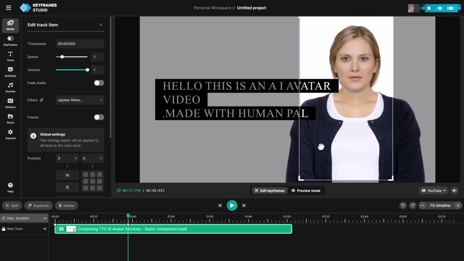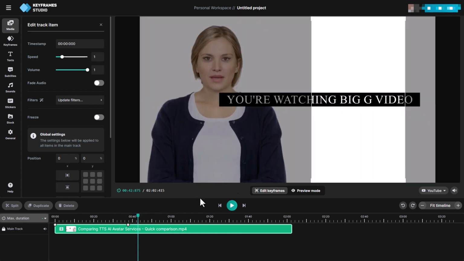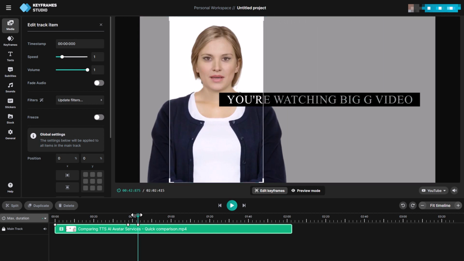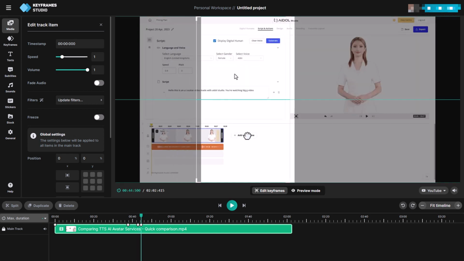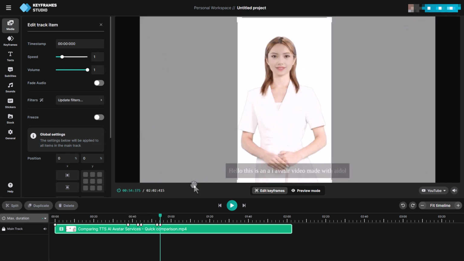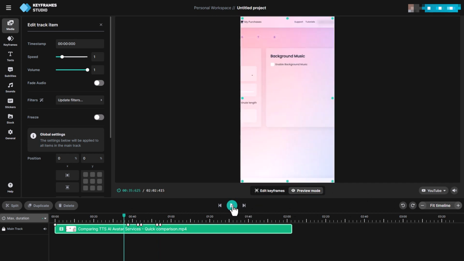Okay, so I'm going to move this along over here, and that's added a keyframe already, and I'm going to move it along a little bit. And here I want my frame over there, and then I'm going to want this over there. If I go into preview mode and I play it, the outputs are.